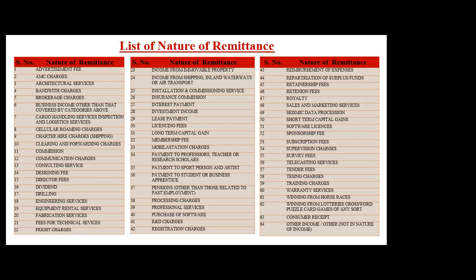You have to write the correct nature of remittance, because some chargeability or TDS will apply accordingly. I have given this particular example because of the engineering analysis case only. Whether it is a royalty or a software payment, you have to be very correct. Whichever is not falling in the 63 categories, go to the residual category of 64. It is a drop down menu. You can write exactly what is the nature of remittance in the 64th category, which is other income. 63 already mentioned, so 64th is a residual category, other income. If your category of remittance doesn't fall in any of the 63, you go to 64.